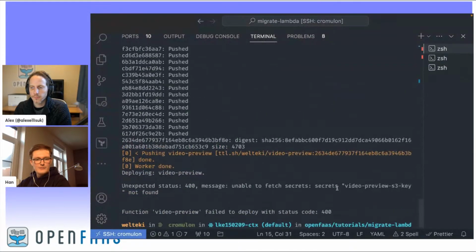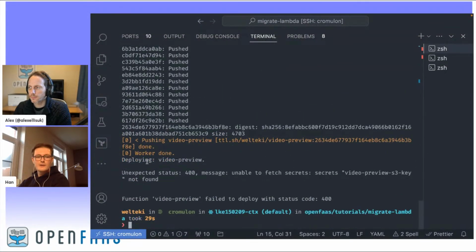And then the up command will, as I see, I forgot something again, will build the image and push it, and deploy it to OpenFaaS. But of course, we first need to also make sure that the secrets that are required are in